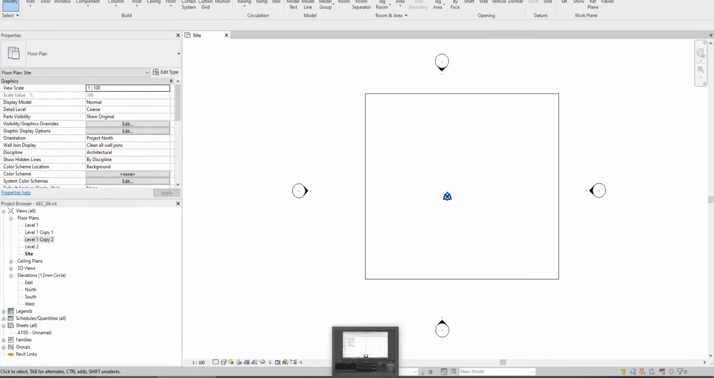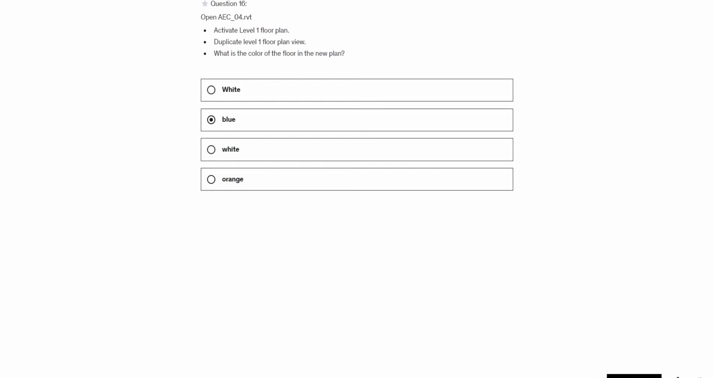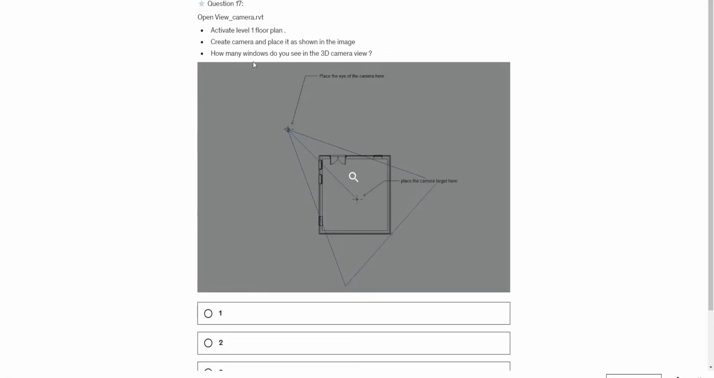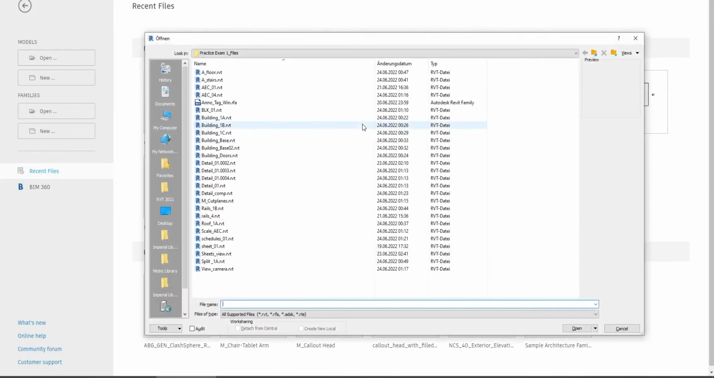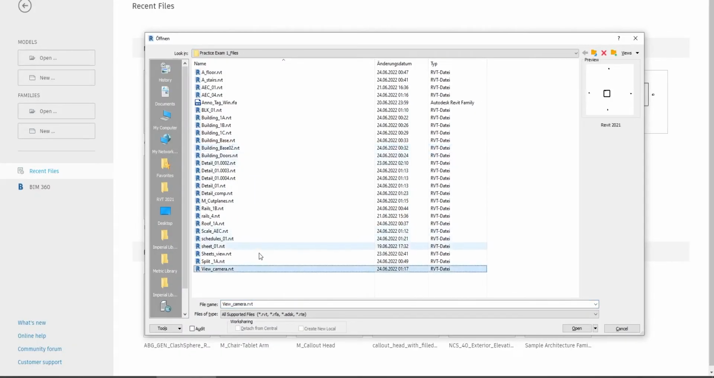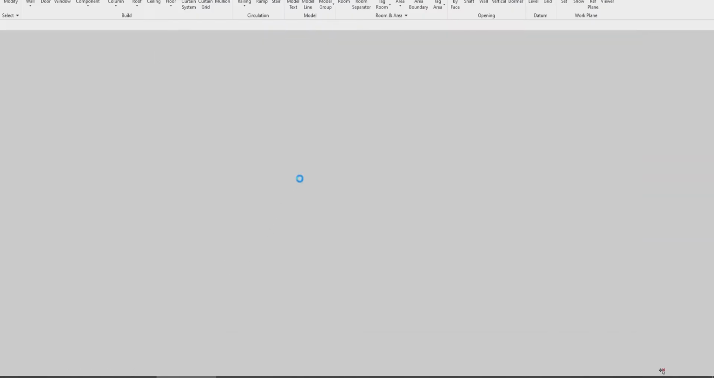The rest of the questions. Open view camera, activate level 1 floor plan, create a camera and place it as shown in the image. How many windows do you see in the 3D view? So we will open view camera,